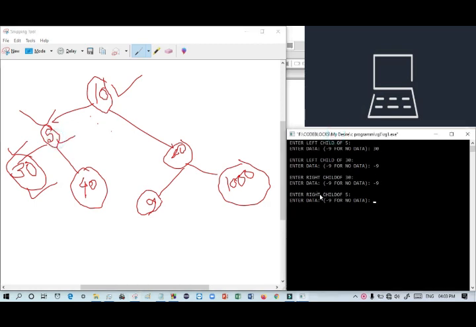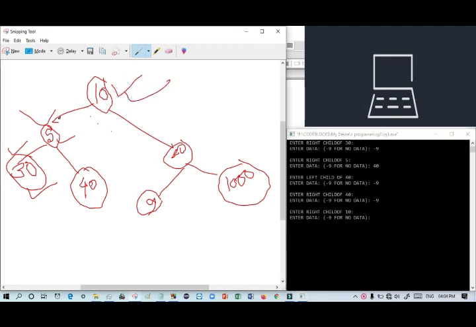See, I have given 30, and for this reason it asks us to give the right child of 5. Its right child will be 40. Just give 40. After 40 it will ask for the left and right child of 40. There is no child, so I give -9 for no data. Done. Now it's time for 10.